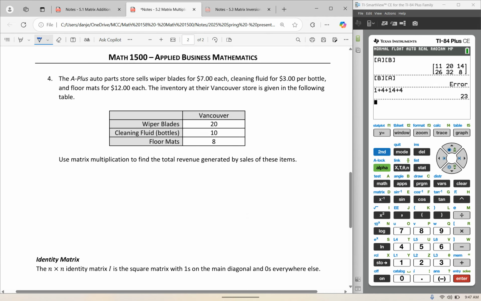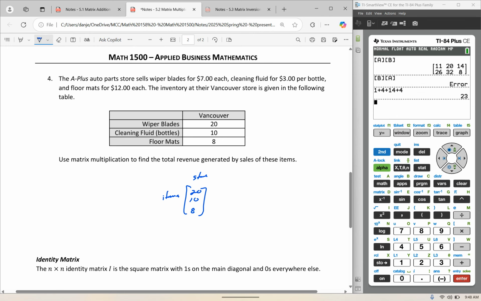An example of matrix multiplication. Okay, this is a very simple example, but you'll notice that in this table here, I could write this as a matrix where I've got the store and the items. I have 20 wiper blades,